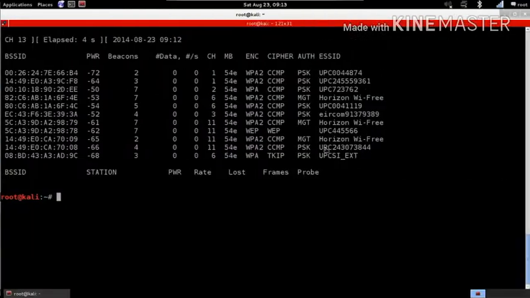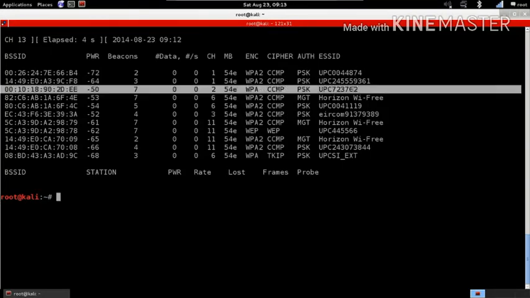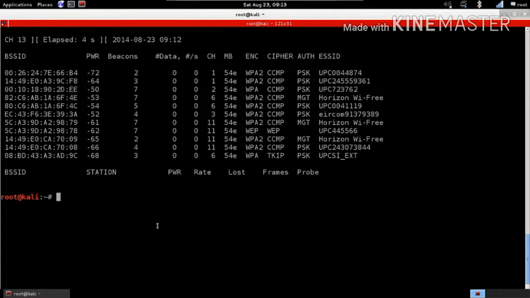So I have my output here from just running airodump-ng mon0 on all networks around me. And I'm going to target this network. That's my home network, the UPC62. I'm going to start sniffing on that network only instead of sniffing on all networks around me. To do this, we're going to use the same program. So it's airodump-ng,